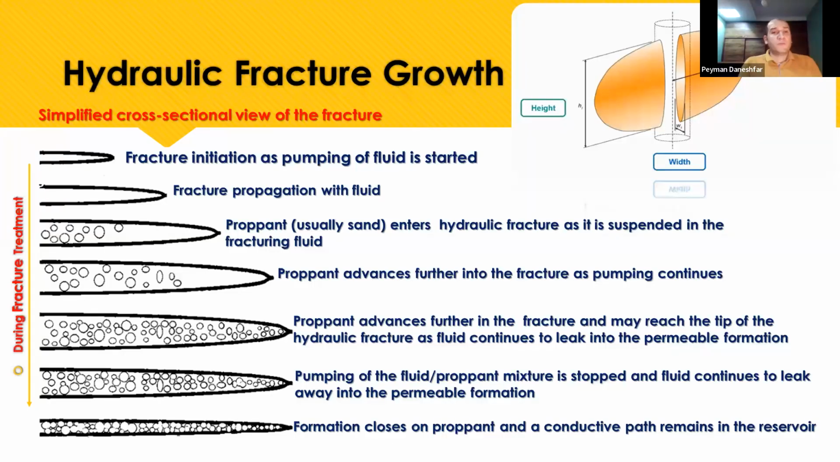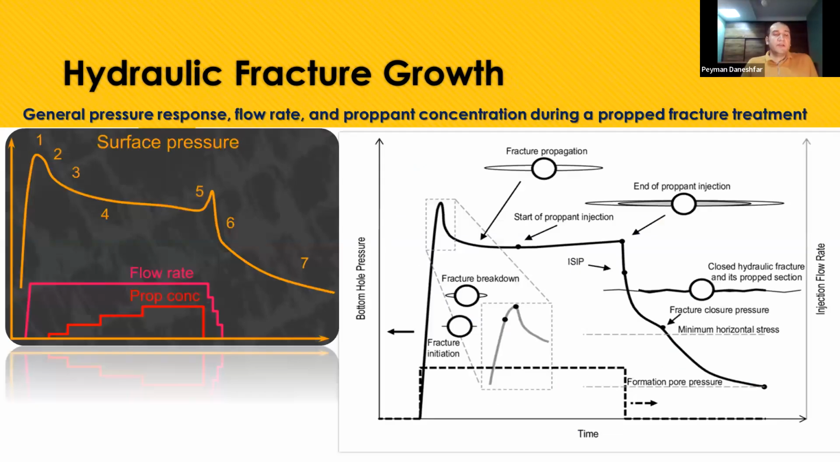Here again, proppant advances further into the fracture and may reach the tip of the hydraulic fracture as fluid continues to leak into permeable formations. Pumping of the fluid mixture is stopped and it continues to leak away into the formation. The formation closes on the proppant and a conductive path remains in the reservoir. If you see here, this is the